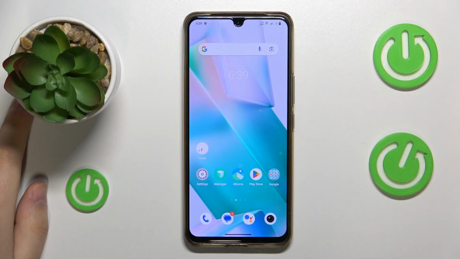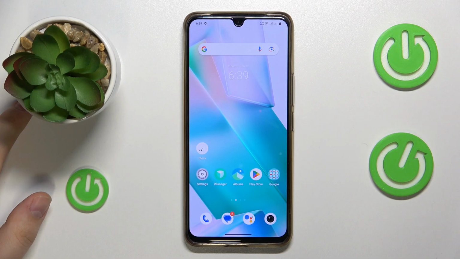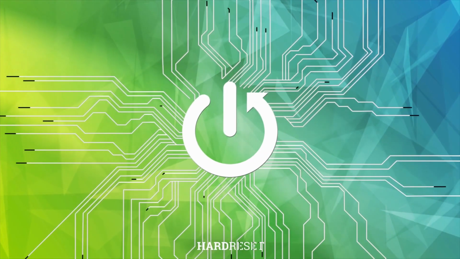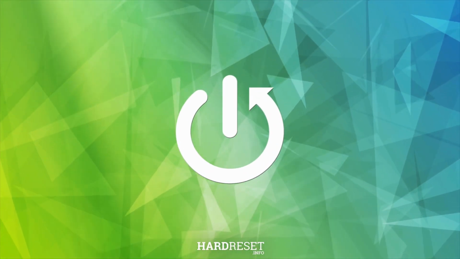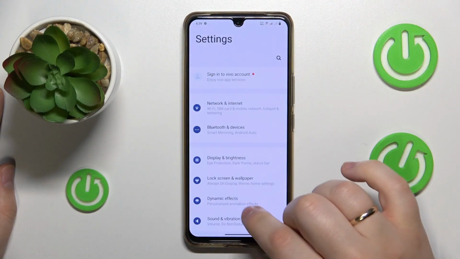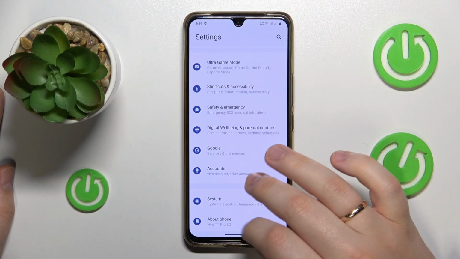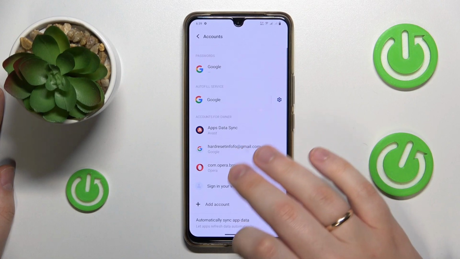This is VIVO T1 Pro, and today I will show how you can set up parental controls on this device. So to start, you will need to launch Settings, then go for the Accounts category and remove all Google accounts